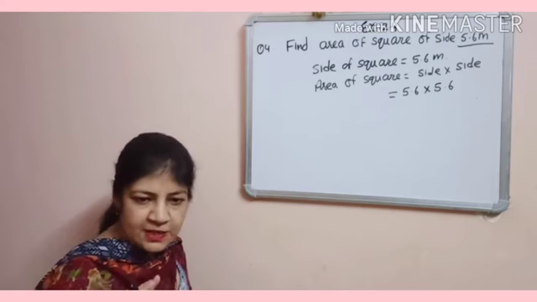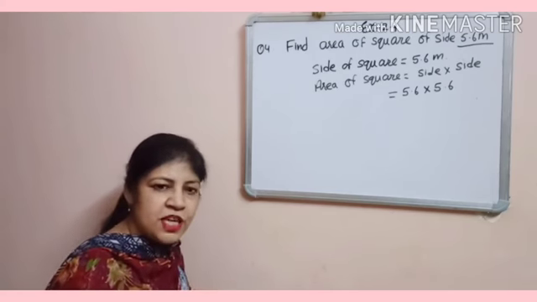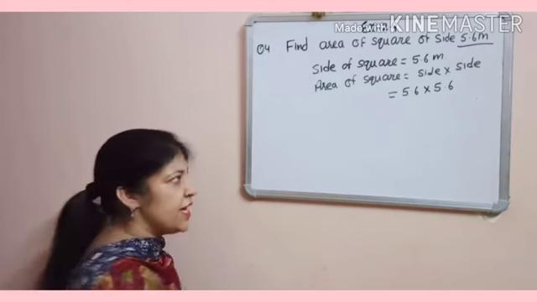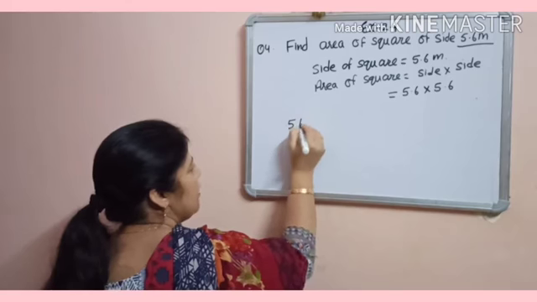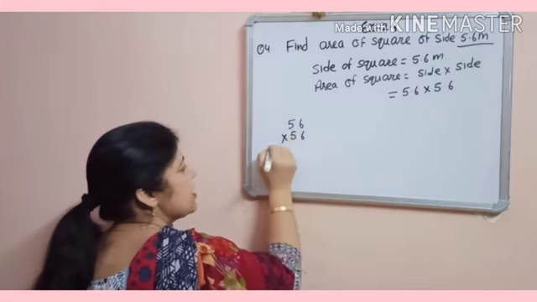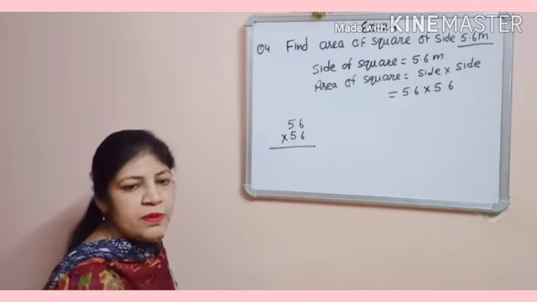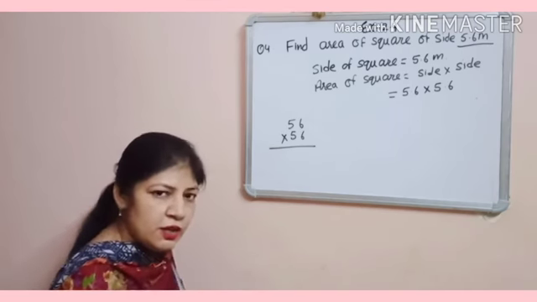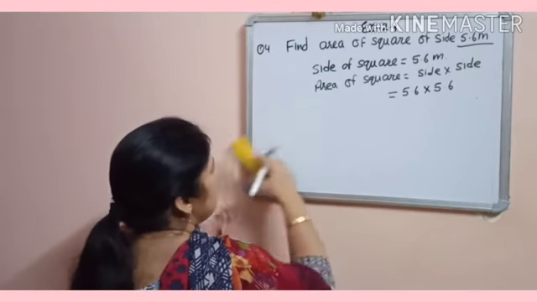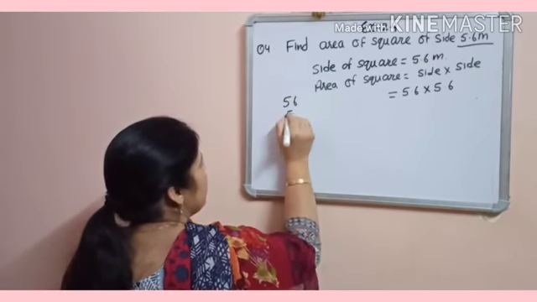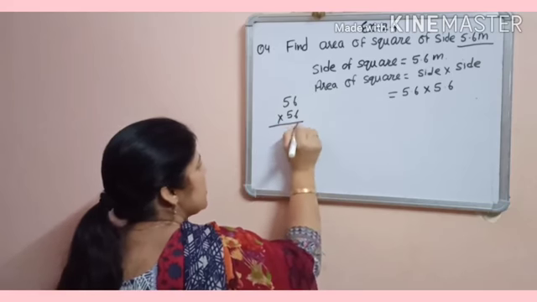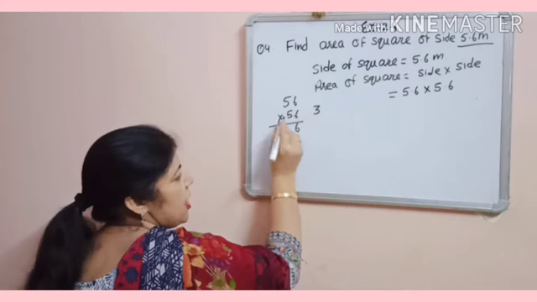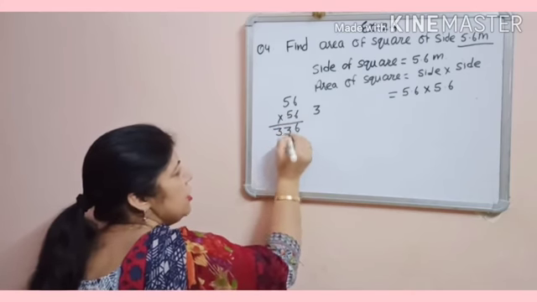So forget about the decimal. Multiply 56 by 56 and after that we will put the decimal. So first multiply 56 by 56. The multiplication will be your fair work. You have to multiply in fair, not in rough. Clear? So multiply 56 by 56. 6 6s are 36. 3 will be carried. 6 5s are 30 and 3, 33.